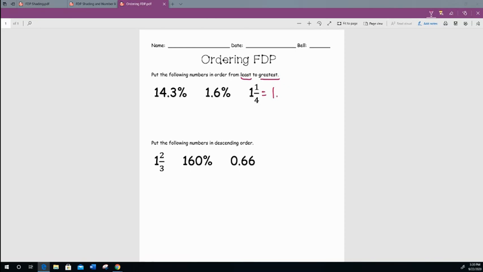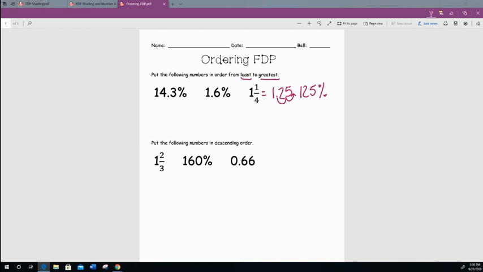That's 0.25. So 1.25. As a percentage, if we move this decimal 2 times over, that gives us 125%. Now that I have this as a percent, since these two were already percentages,